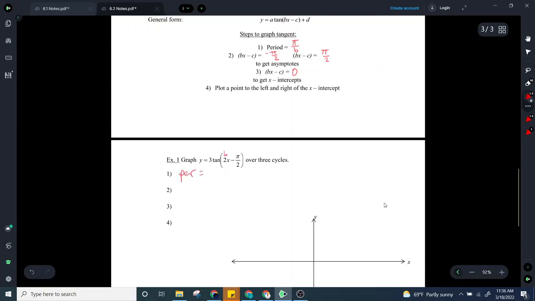B, notice, is the 2. So period would be pi over 2. There's no quarter periods this time. We're just going to use pi over 2, and we're going to know that it's going to repeat every pi over 2 radians. All right, so to get the asymptotes, I'm going to set Bx minus C, so the part that's in the parentheses there,